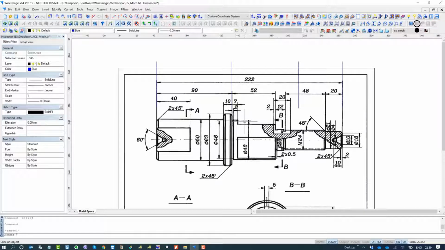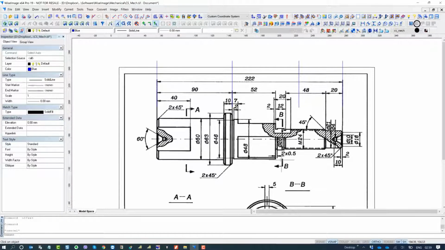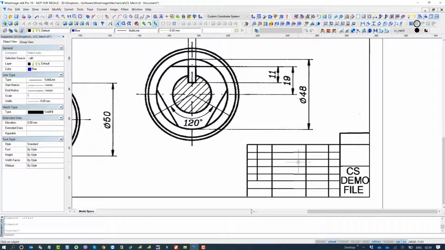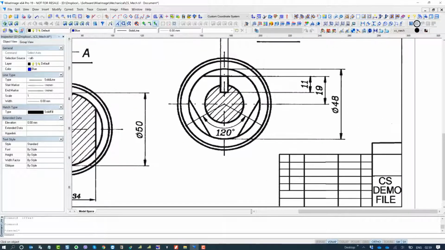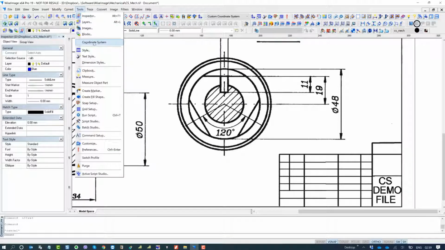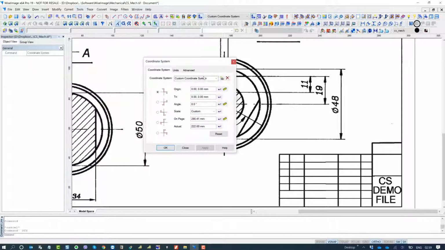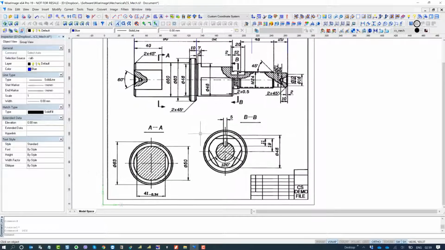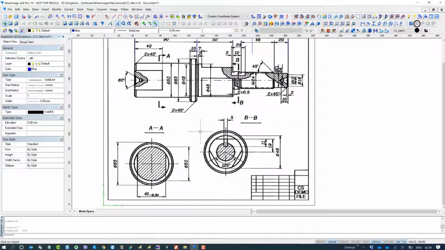So this is how you can set the custom scale for an image if the scale ratio is not mentioned in the title stamp. If in this title stamp the scale ratio were mentioned, then it would have been much easier for you to set the scale. You should go to coordinate system and choose the scale ratio from the drop down, right? So this is it. See you in the next lecture.